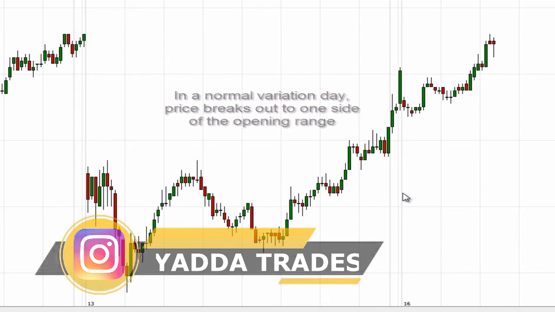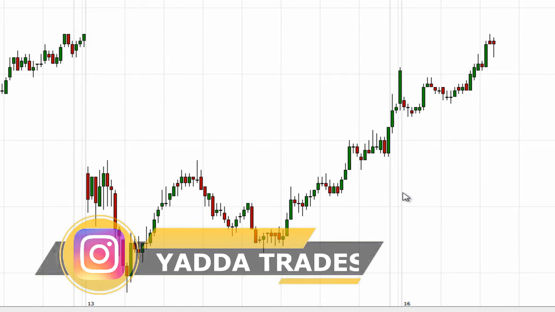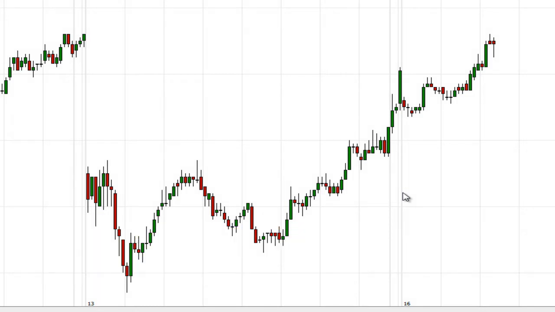Now, what's important to recognize here isn't so much the exact definitions, even though you should know those, but what's really happening beneath the surface. What this type of day is telling you is that to begin the day, the market was balanced between buyers and sellers. They tried to push it down, formed a low, then went up, and were balancing throughout the day, couldn't make one move higher or lower. And then at the end of the day, in this instance, the buyers took control, broke to new highs and closed near the high.